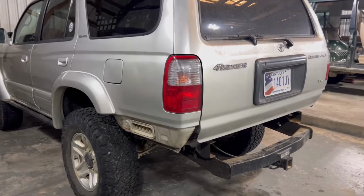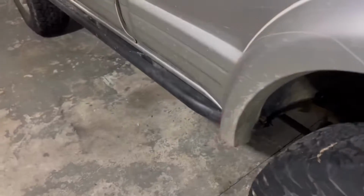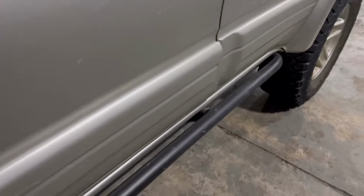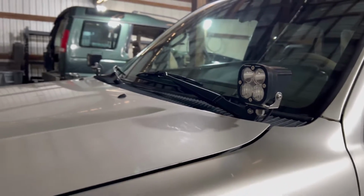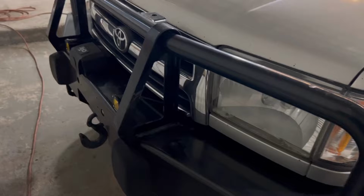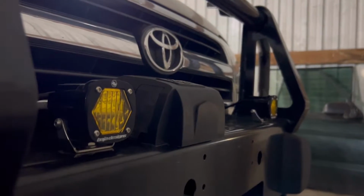But before I do, I wanna give you a little tour of this 4Runner. Starting off on the side here, we've got some rock sliders for rock sliding. We've got some ditch lights here in the front of the vehicle. One of my favorites, an ARB front bumper with a few more lights up here in the front